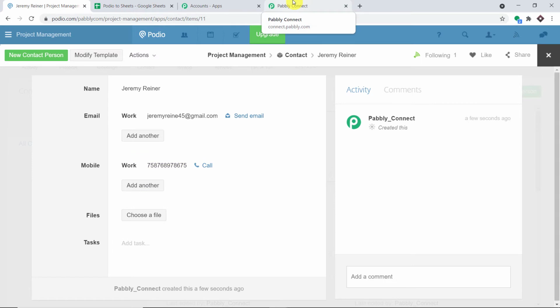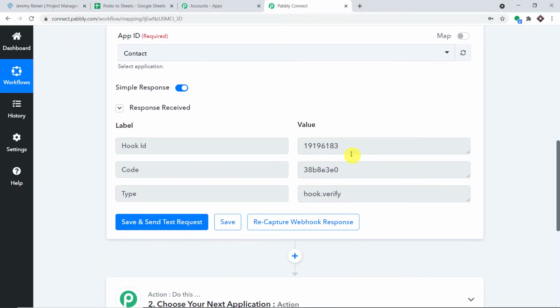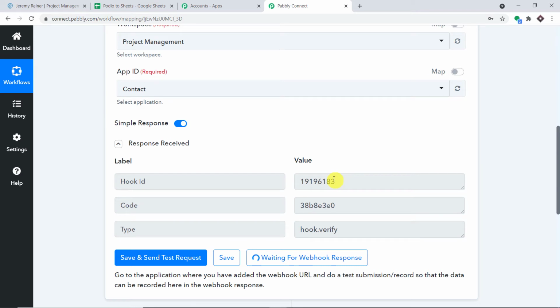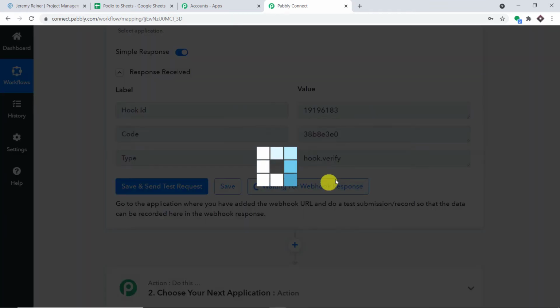So let's have a look whether Pabbly Connect, since it is integrated with this contact, this project and this organization, has captured the data. Yes, we do have some data. First it is showing that it has captured some hook ID. This is not the ID we want. So once again I'm going to click on